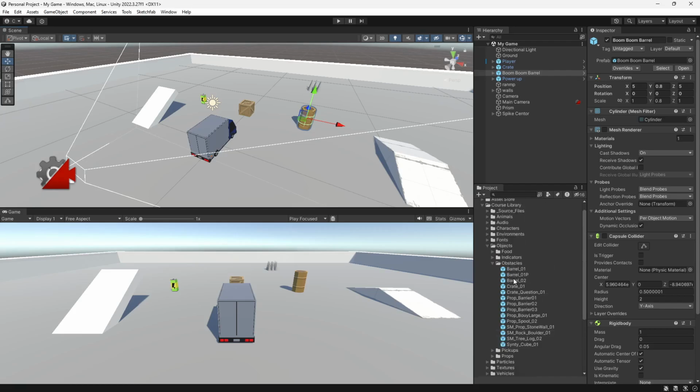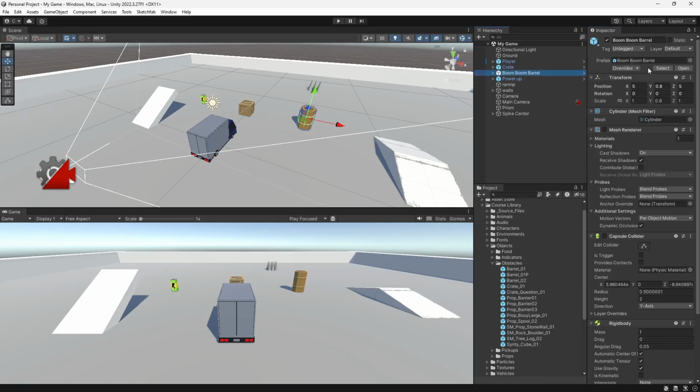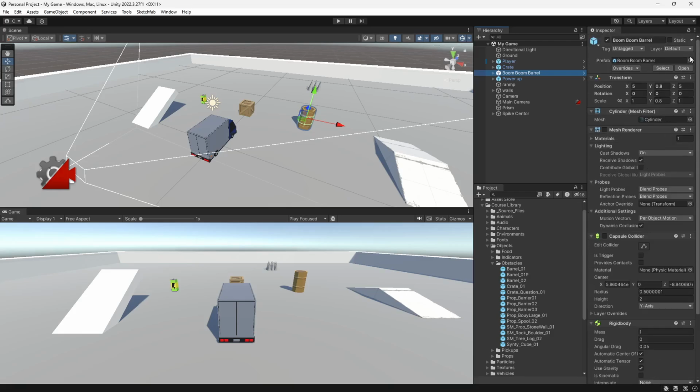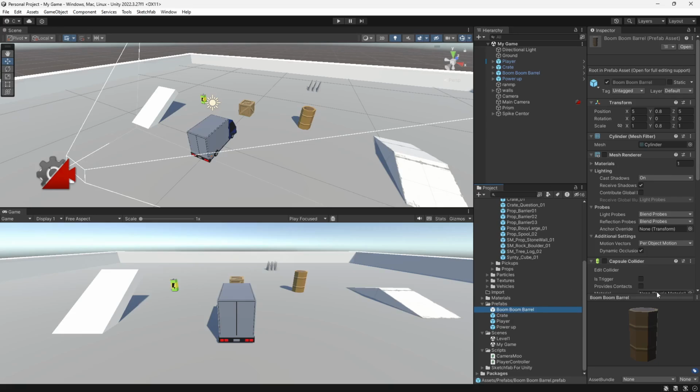And actually, there's already a red barrel. I did not realize that when I was making this. So I'm actually going to change this guy to that barrel because I do not like that ugly color. I want it to be the red color. So we need to,